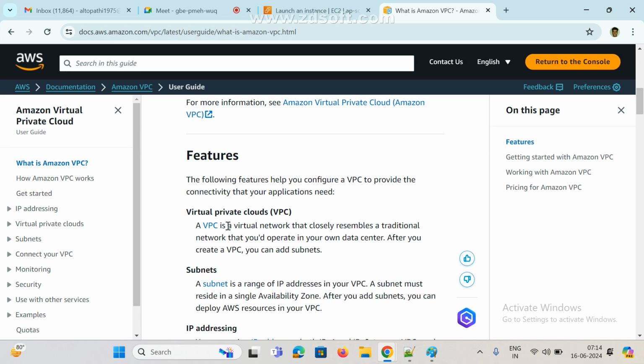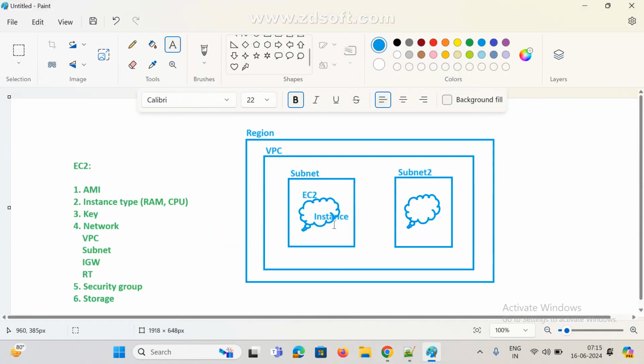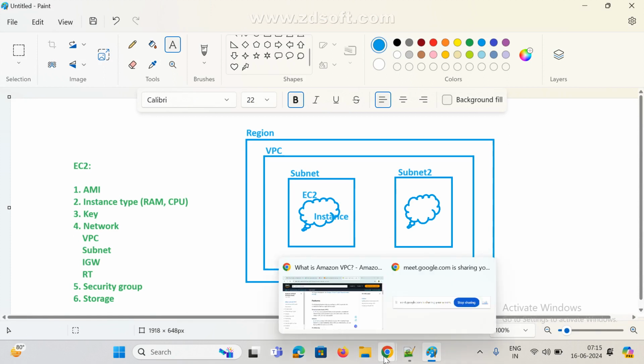A VPC is a virtual network that closely resembles a traditional network that you would operate in your own data centers. After you create a VPC, you can add your subnets. So what is subnet? Now we know, subnet is nothing but an IP range. So for example,